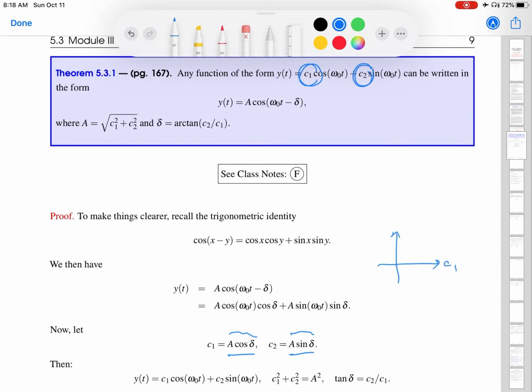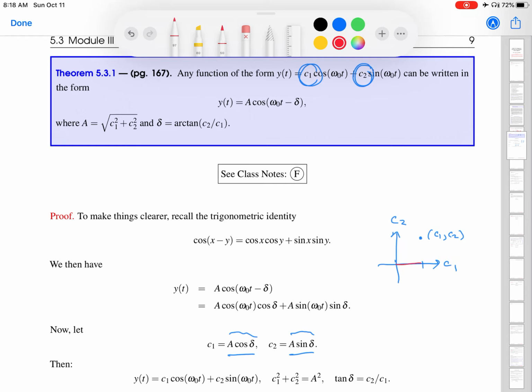So suppose this is a C1 axis and the C2 axis, thinking of that as x and y. C1 comma C2, I can think of this as a point in the plane. This is what we're used to as Cartesian coordinates, right? You go C1 units to the right, then you go C2 units upward, and that gives you the point C1, C2. But there's another way to get to the same point. You can view it as I am going to go